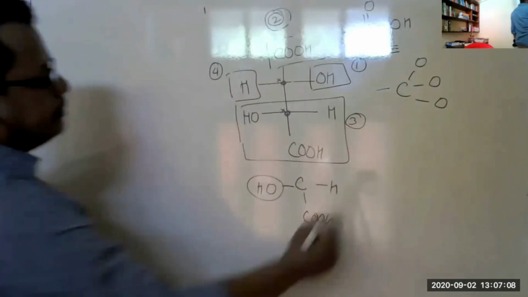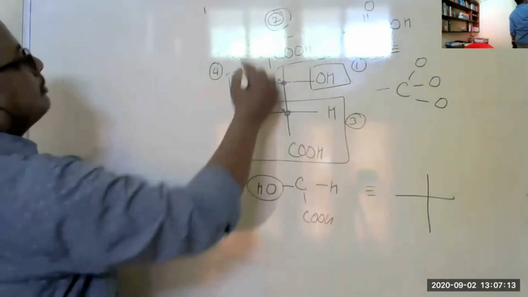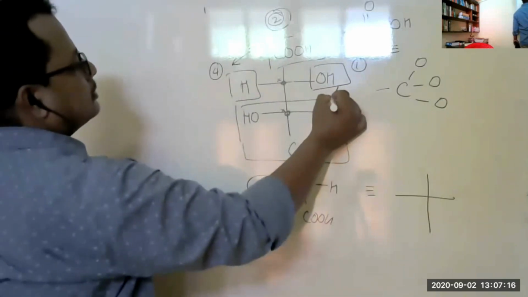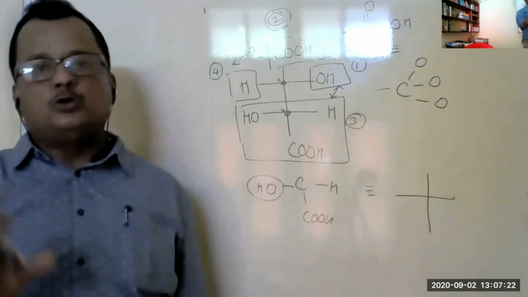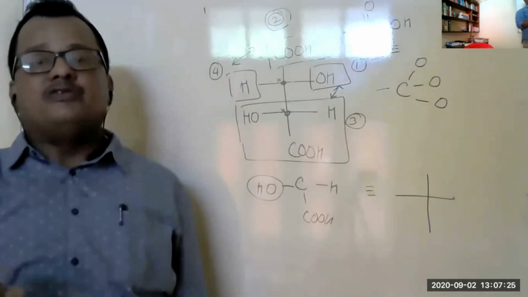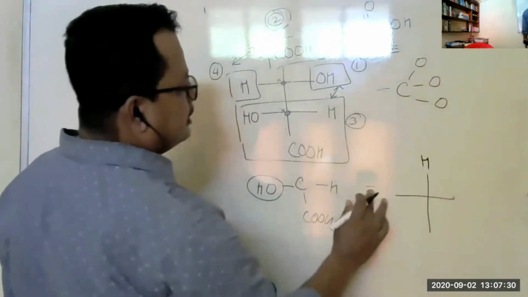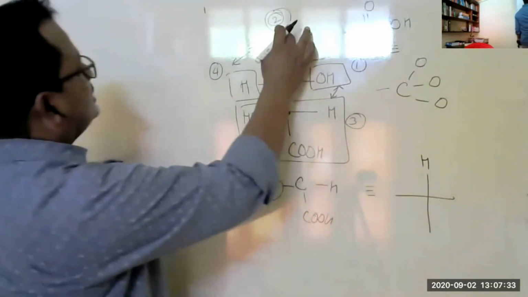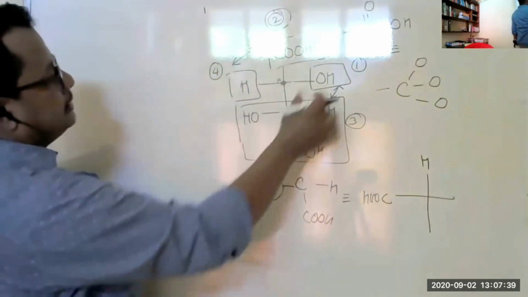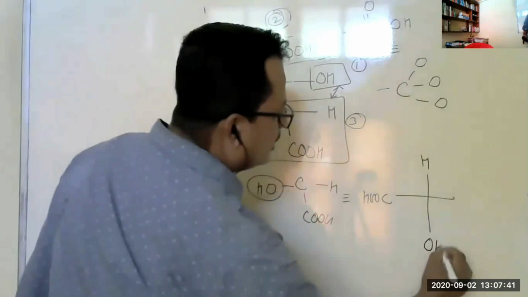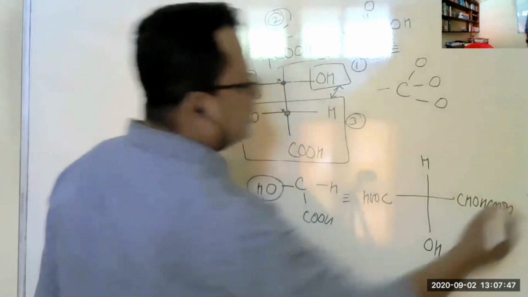Okay. Now we will do some interchange. So what we have to do? We have to put hydrogen to the top or to the bottom. We will do this interchange and also this interchange, because we have to always do two pair interchange. If you do one pair interchange, then configuration will become opposite. So then what happens? Hydrogen goes here. Here you have the carboxylic group, HOOC. Then OH comes here, and you have this particular group CH, OH, COOH here.